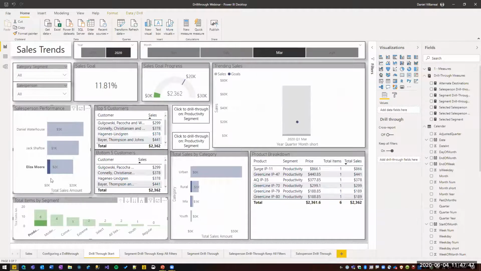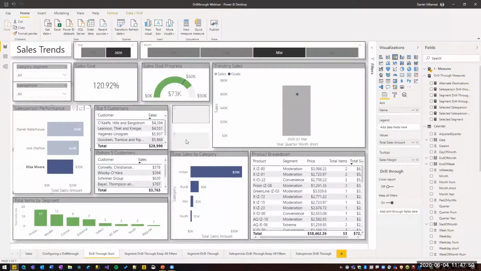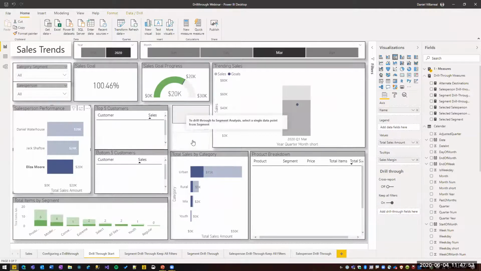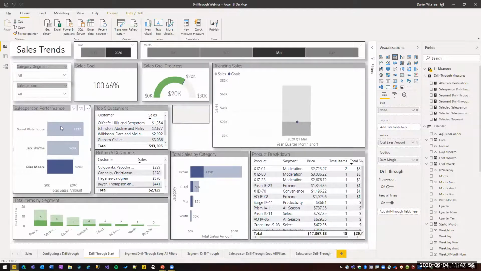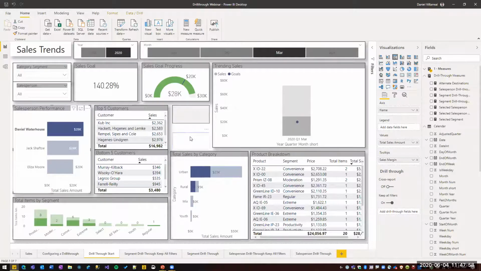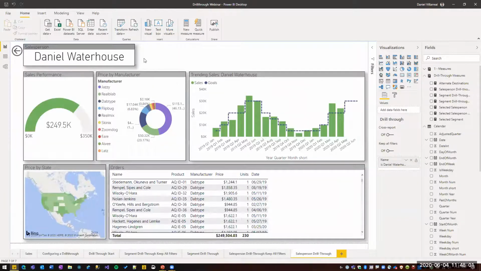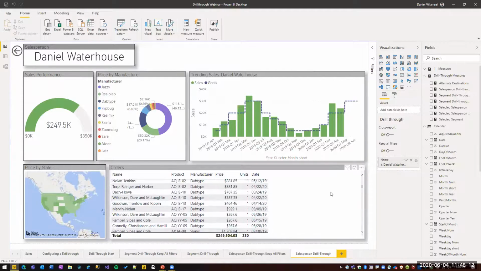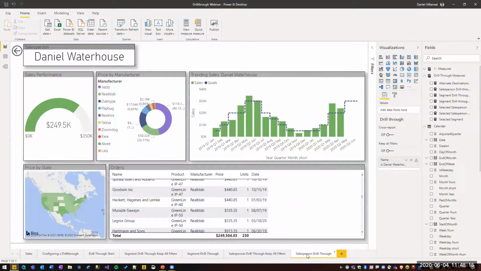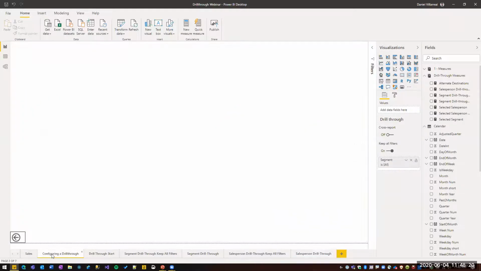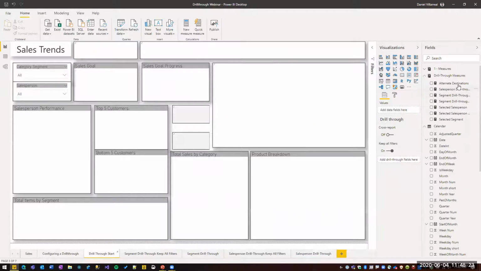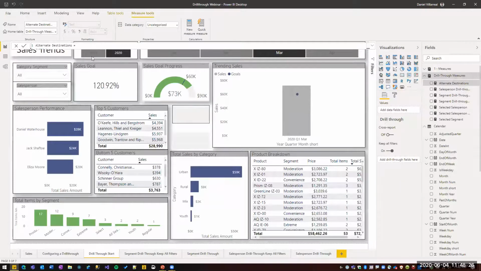And just to walk through the last example, if I was just to click on only a salesperson, I will be taken to the salesperson drill through where I'm not keeping all filters. Because I'm not keeping all filters for Daniel Waterhouse, I am seeing all of his sales over time for my entire data set with every sale in his order, and it is a completely different page from the salesperson drill through which keeps all filters. So with a single measure that I defined with a switch statement,